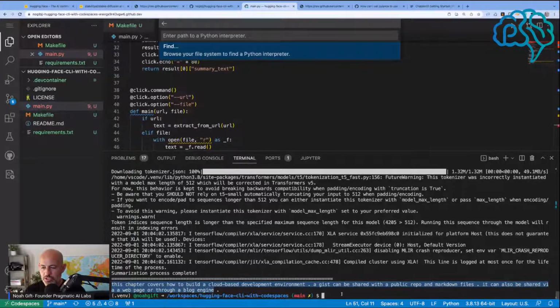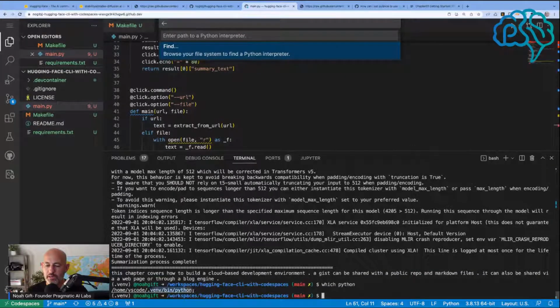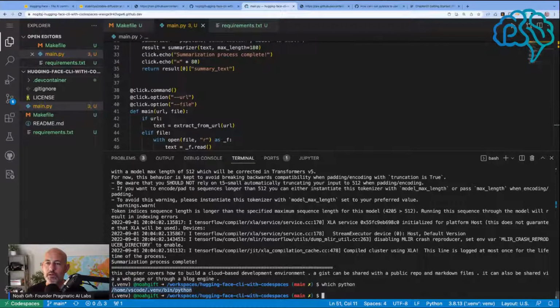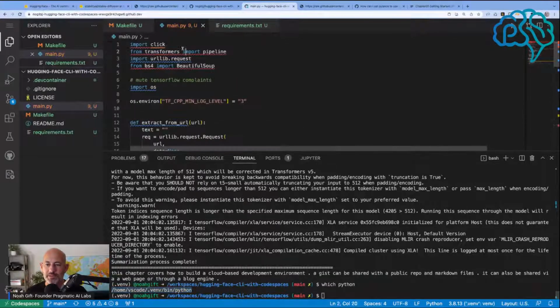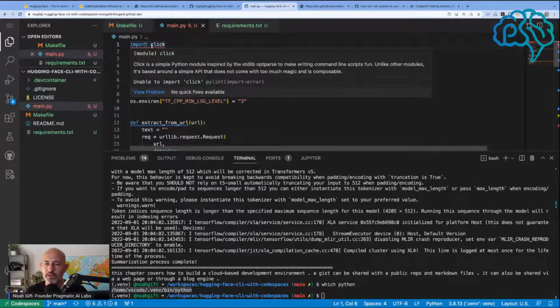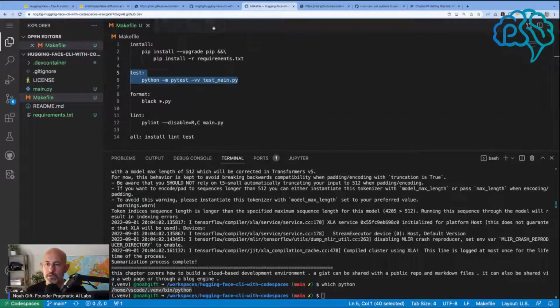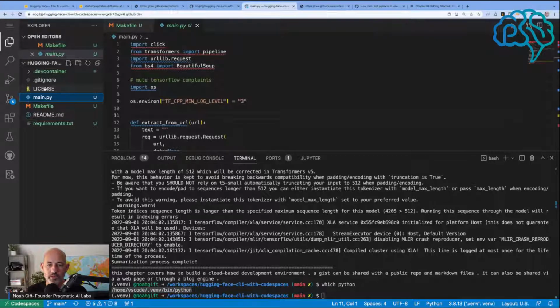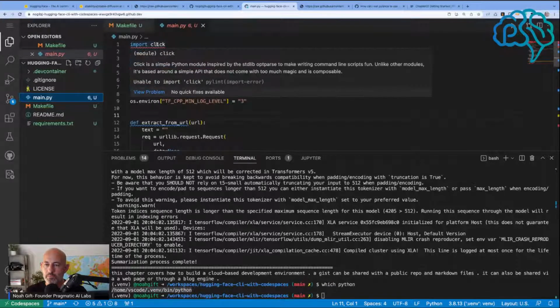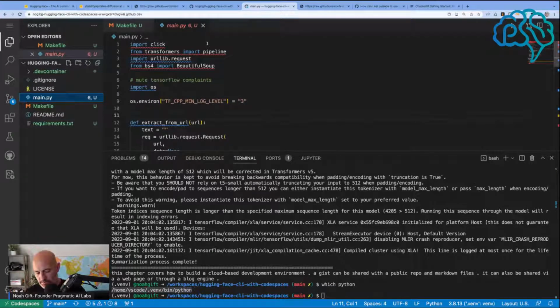So if I say which Python, I can just feed in the path to the Python interpreter there. Aha, there we go. Now this should get rid of this, right? Did that fix it? No, quick, unable to. Let's see if this would fix it. Boy, that's so annoying when